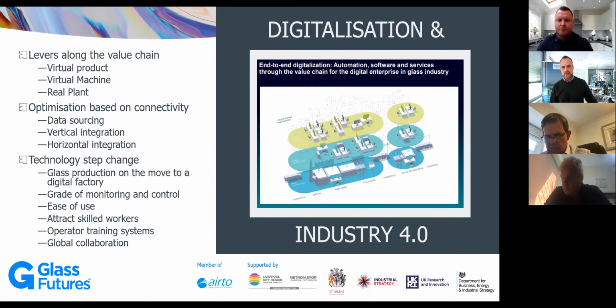If you're reading the headline, end-to-end digitalization, this is our mission from ourselves, Siemens, with our own factories, as well as providing solutions for the different industries where we have a focus on the glass industry as well. So this is about automation, which we are pretty used to, I think, from the past, but a quite interesting and increasing area is the industry software area, where we had a dramatic, the highest growth, so to say, in the past 10 or 15 years, portfolio-wise, so what we can provide to the industries. And on the other hand, we have quite some chances and opportunities in the industry to use this software and of course services in order to connect, interlink, and address these both areas through the complete value chain